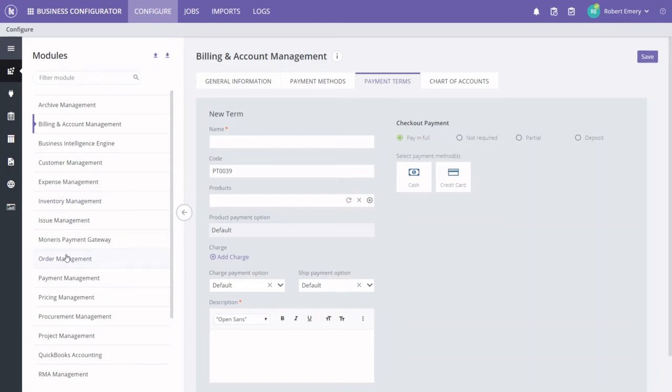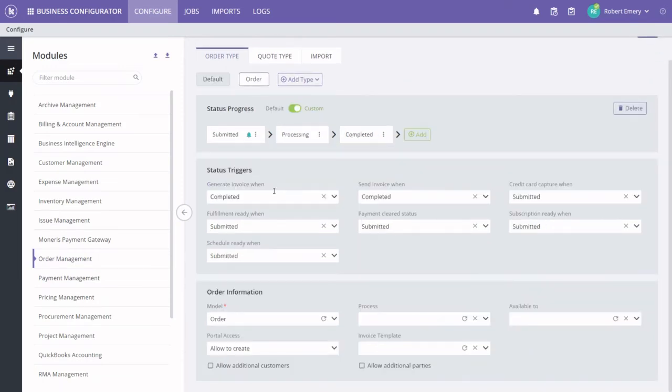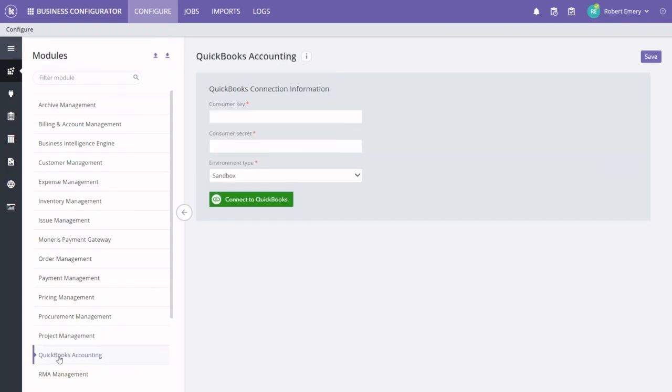The other place that we drive the configuration is on the order, for example. So if we look at our order configuration, we generate the invoice when the order is completed and we send it. So we generate and send as soon as the order is completed. You have the ability to control when during the ordering process invoices are generated and when they're sent. If we take a look at payment management, this is where we deal with the credit cards. What information do you need for what type of credit cards, etc. QuickBooks or any adapter that we have for an accounting package, configuration around that. In this case, it's the password and all of that type of stuff. Those are the basic